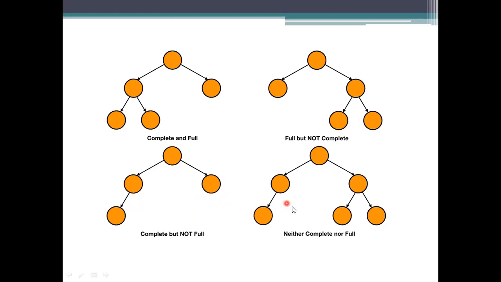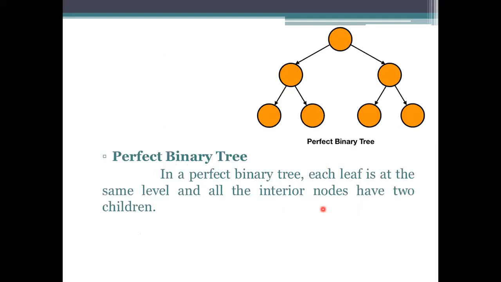Here we have taken the left side into consideration, but only one child is there, while the right side is low. From left to right, it should be complete. So if we place these two children on this side and that side, then it is taken as a complete one. Coming to the next one, full means two children. The right side fulfils that property, but on the left side we have one child. So this representation is considered neither a complete binary tree nor a full binary tree.